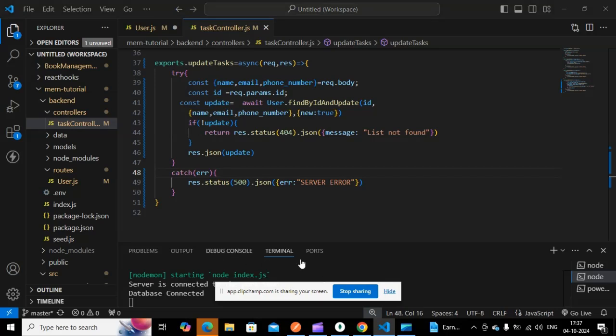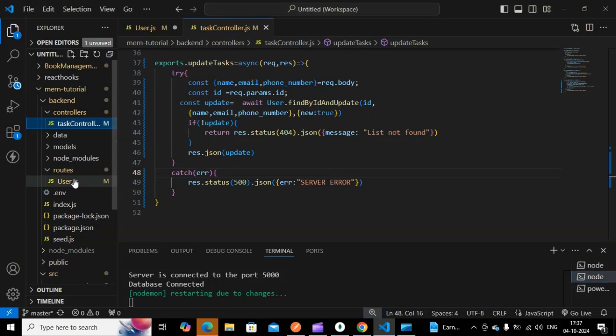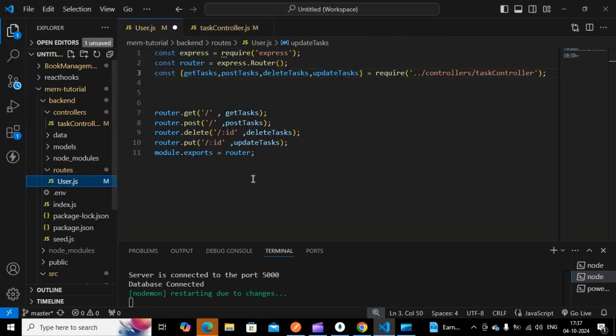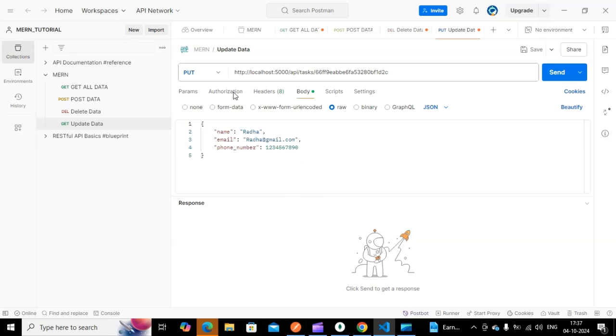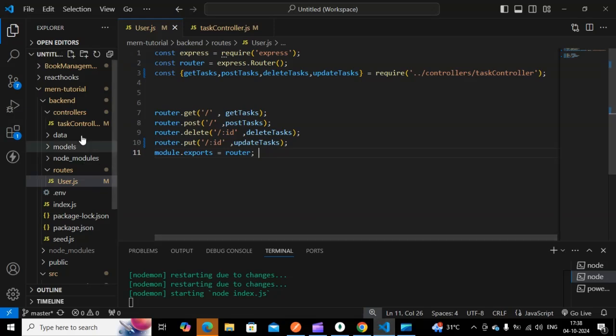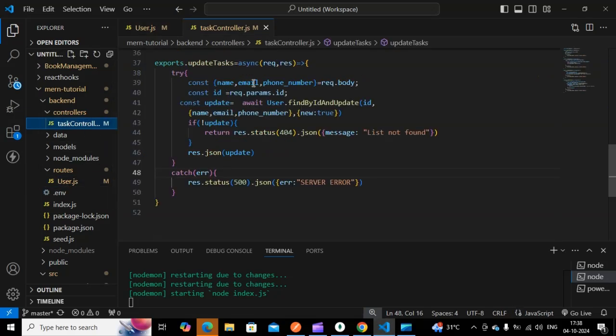The db is connected, and here I also save this user.js file which I have updated before. Once I save this, in the request.body I have given name, email, phone number. You can see here in the task controller, name, email, and phone number I'm getting from the request.body.